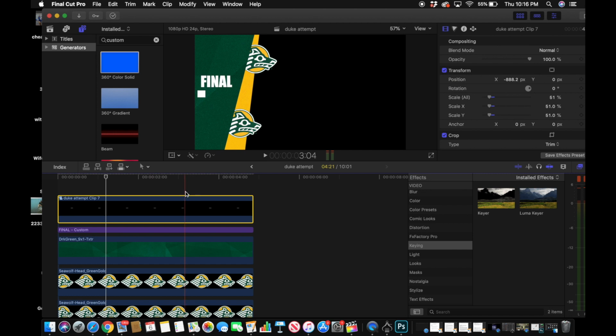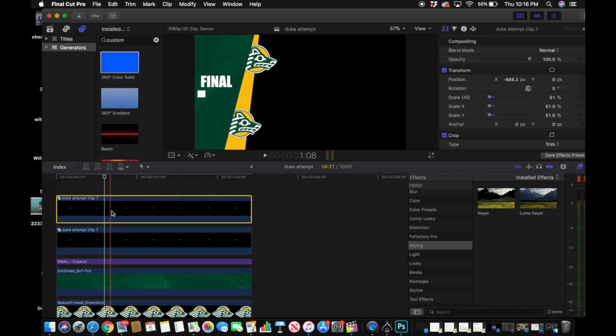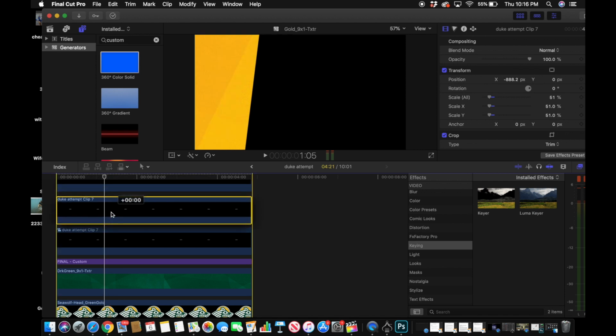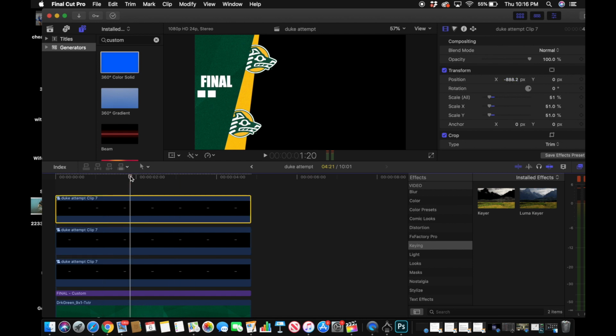Now instead of doing that 2 other times to get the 3 white ones, all you have to do is hold Option and drag up. Hold Option and drag up until you have 3 like this. You just got to select them. So right here I have this middle one selected, and in the X's, drag it over like this. On the top one in the X's again, drag it over